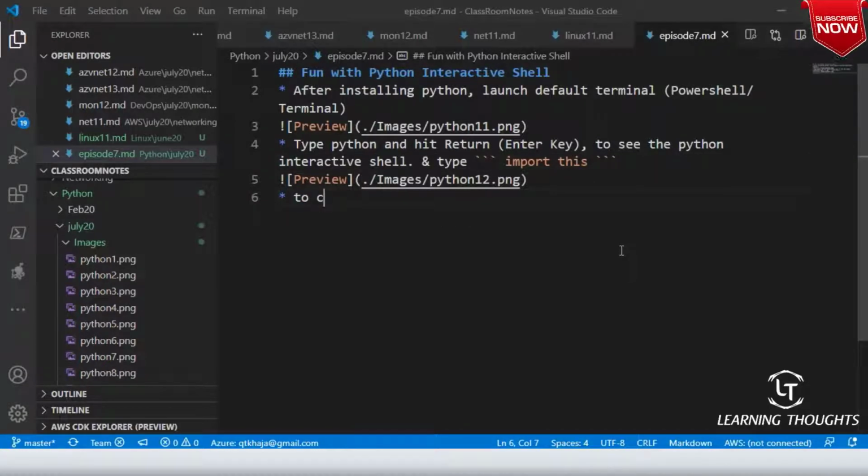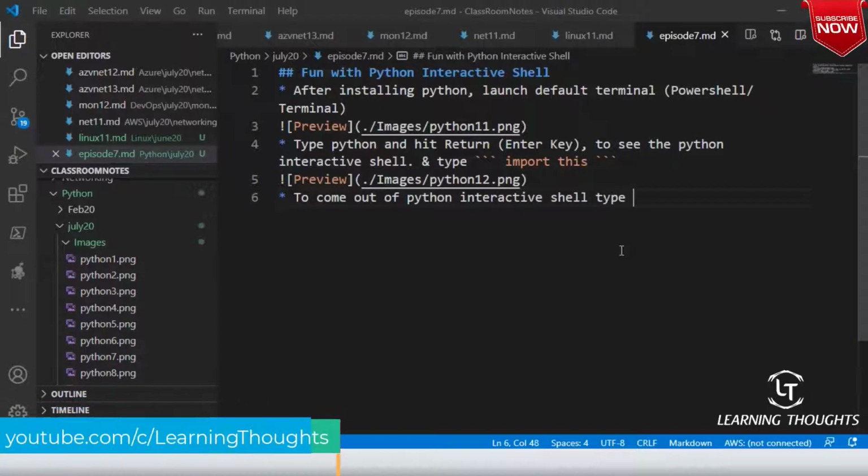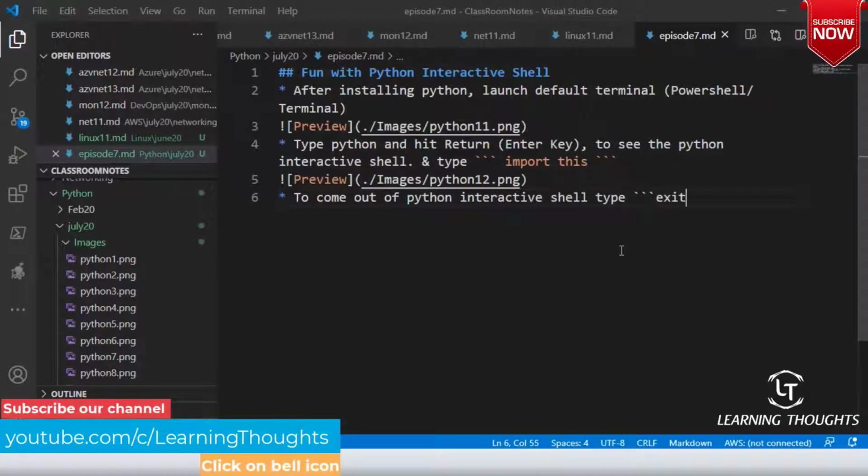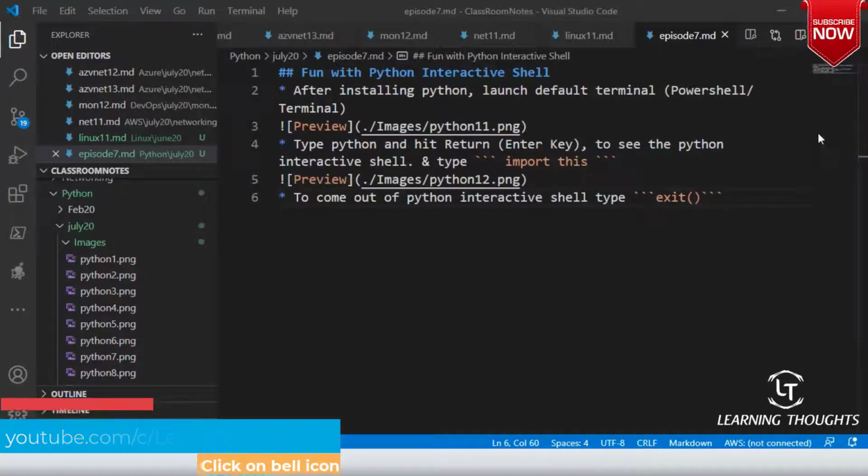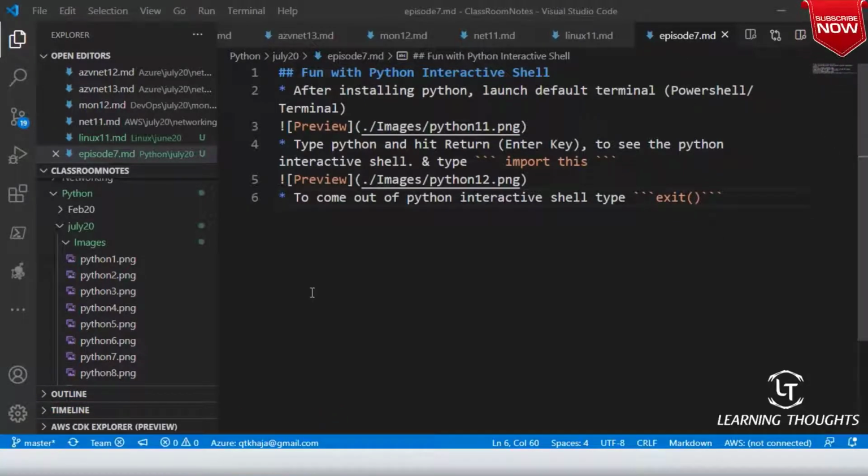To come out of the Python interactive shell, type exit(), and then use the enter key. Am I clear on this, sir? Now can I expect that you guys know how to enter into the Python shell and how to come out of it?